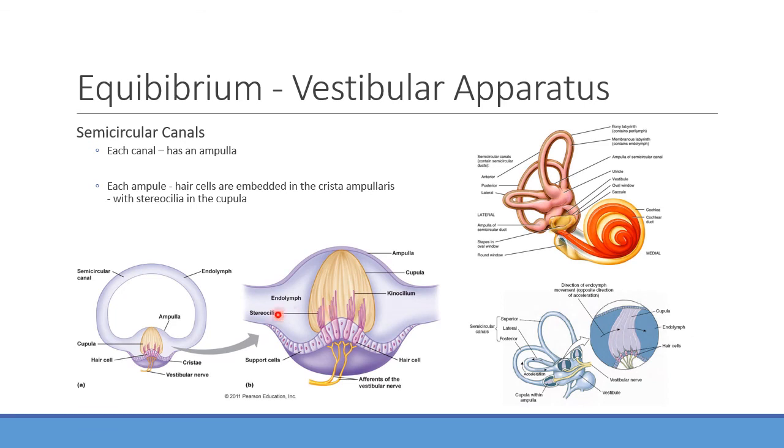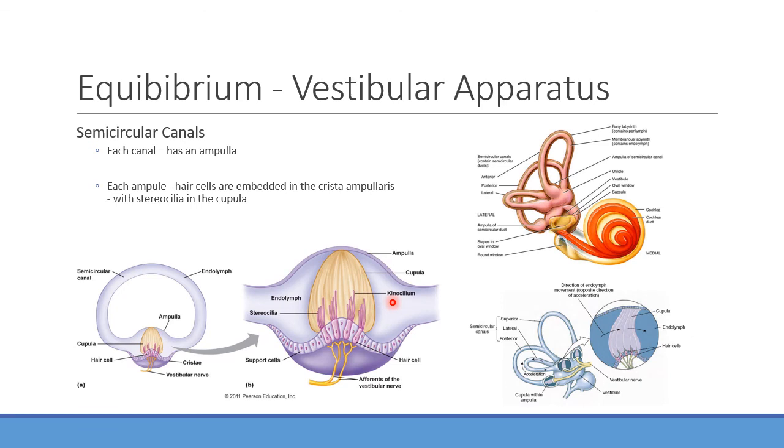But the main thing you're going to notice here is that as you have some sort of rotation, you have this endolymph in here. What do you think it's going to do? Does it stay static all the time? It moves, right? It moves around based on which way you're rotating. And by doing that, you cause fluid to flow across this ampulla, and it's going to cause this to shift one direction or the other. And by shifting one direction or the other, you cause some channels to open up and either cause an action potential to occur or inhibit action potentials from happening.